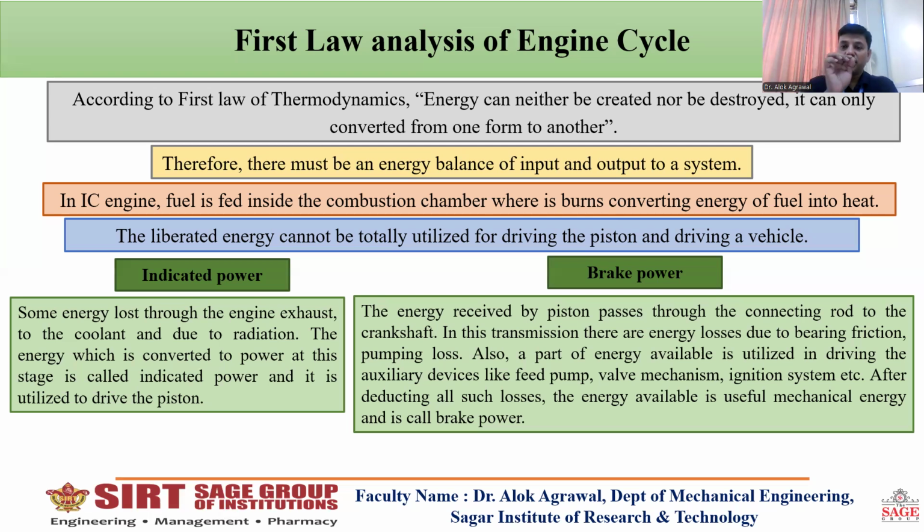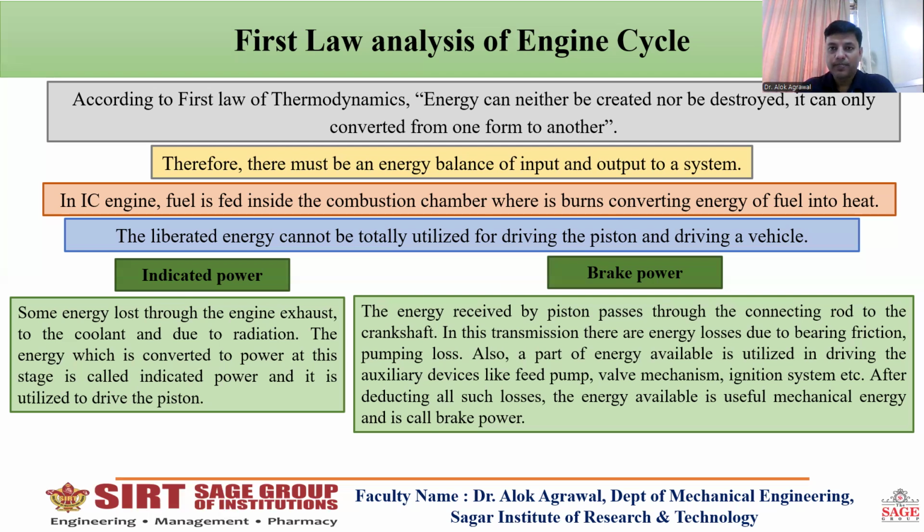Means first the fuel will burn and produce thermal energy. In that thermal energy, some part of the energy goes through exhaust gas, cooling system, and radiation. The energy available at the piston top is known as indicated power. Once the energy is transferred to the piston top, again a part of the energy is utilized to overcome friction and to drive auxiliary systems like the feed pump and valve mechanism. After that, the available energy, which is useful for doing mechanical work or for driving our vehicle, is called